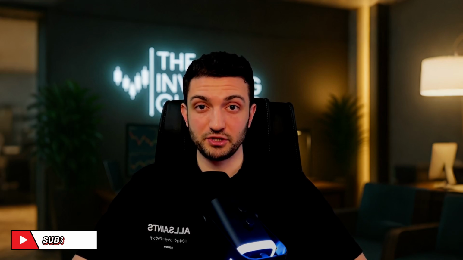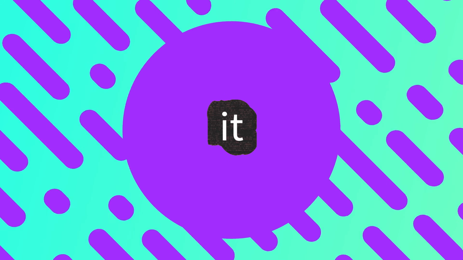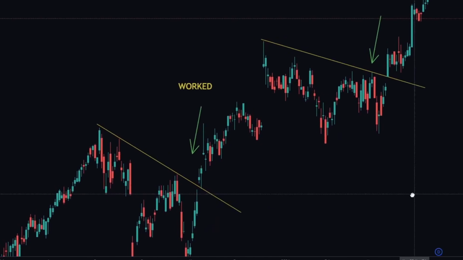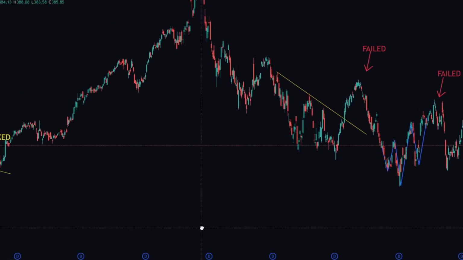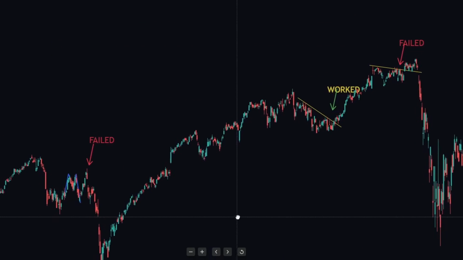Now I know what some of you are thinking. You will say, but I have seen these patterns work. I can pull up my chart right now and show you. And yes, you are right, you can. But here is what you are missing. Your brain is working against you. The human mind is wired to find what it already believes. So when you scroll through a historical price chart, you will naturally spot every single time a pattern worked. Your brain will quietly skip right over the hundreds of times it failed. That's not confirmation, that's a cognitive trap. And it is keeping you unprofitable.